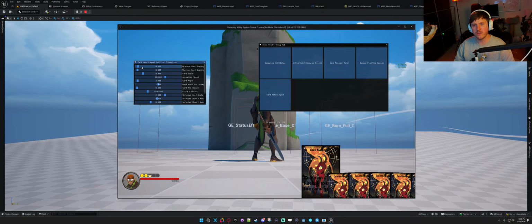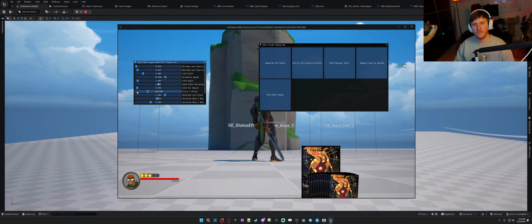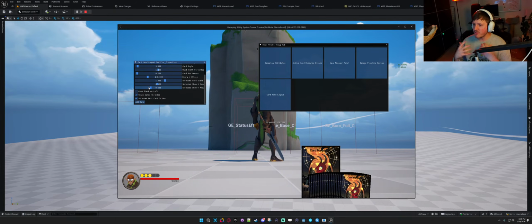So add another card, shrink in, add, shrink, add. Basically try to encapsulate it all within a given space, and then we'll find some maximum, because I want